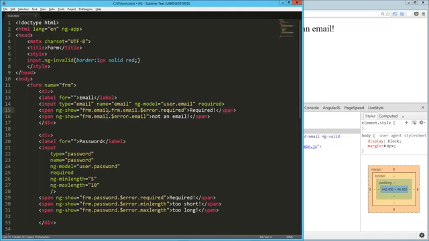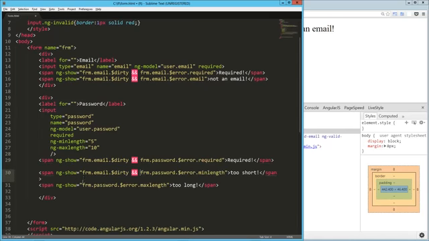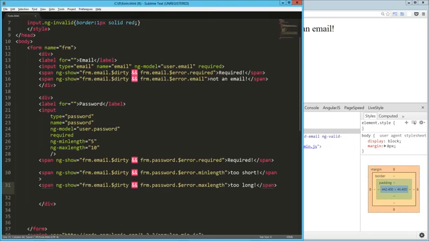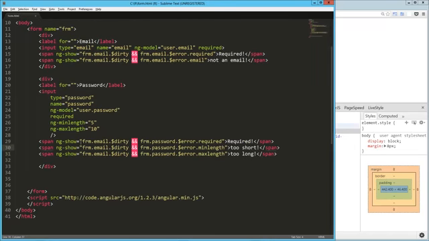So form.email.$dirty, and then a double and. So we want both of these to be the issue. So that would mean that the user has to enter something before the web page starts yelling at them. So let's drop this there, and this there. So now you can see, and let me stretch out a little bit more. So you can see that we're checking for, oh, this one should be password actually. Let's tweak that really quick. Password,